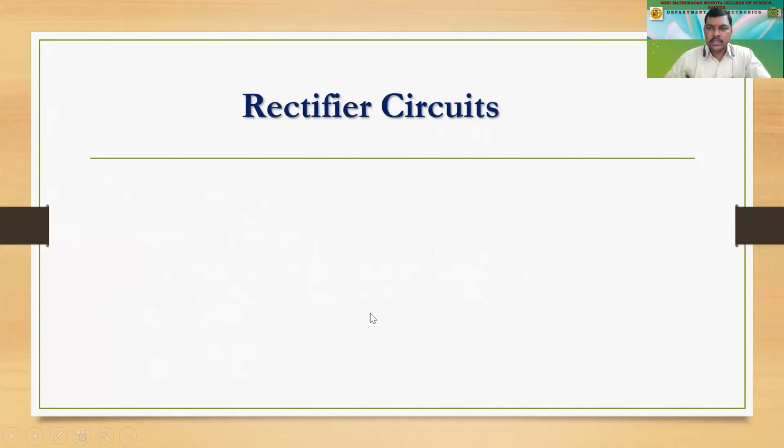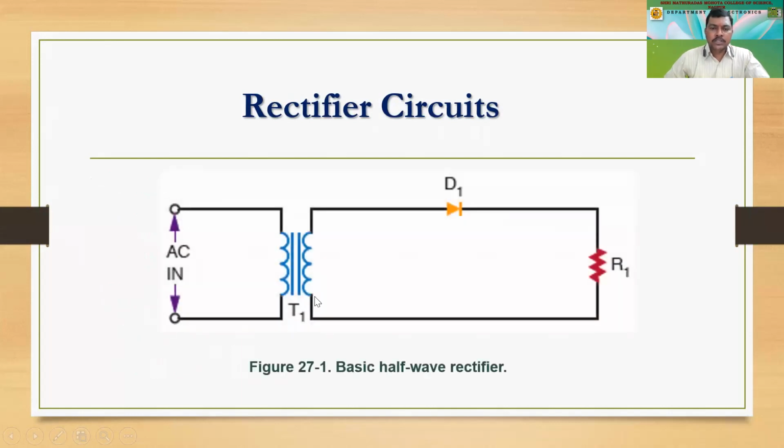Now the rectifier circuit, I guess we have almost completed this. We will just brush it up. This is the circuit diagram of a half wave rectifier in which only one diode is connected. If the diode is connected like this, it is going to rectify the positive half of the AC input. Similarly, if the diode is connected in the other direction, it again works as a half wave rectifier, but it rectifies the negative half of the AC input supplied to it. So this is the basic half wave rectifier.